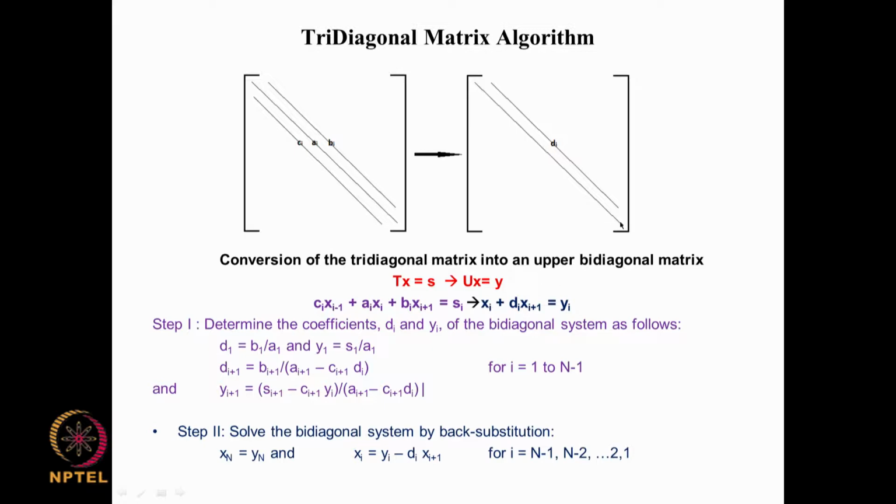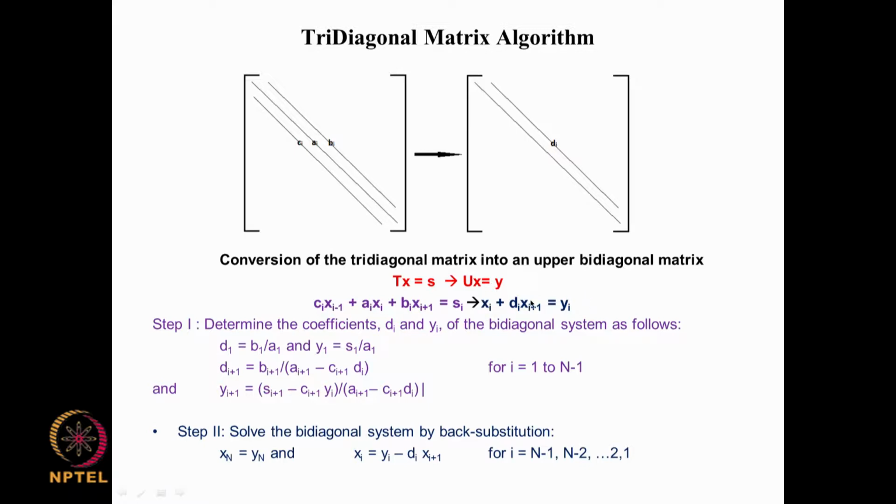So the idea would be that you start here, you get xn, and from this you go to the next row, where you have xn and x(n-1). You already know xn, so you get x(n-1), and then you go to the next row which involves x(n-1) and x(n-2), out of which you know x(n-1), so you can get x(n-2), and so on. So the back substitution always involves an equation with only two variables.